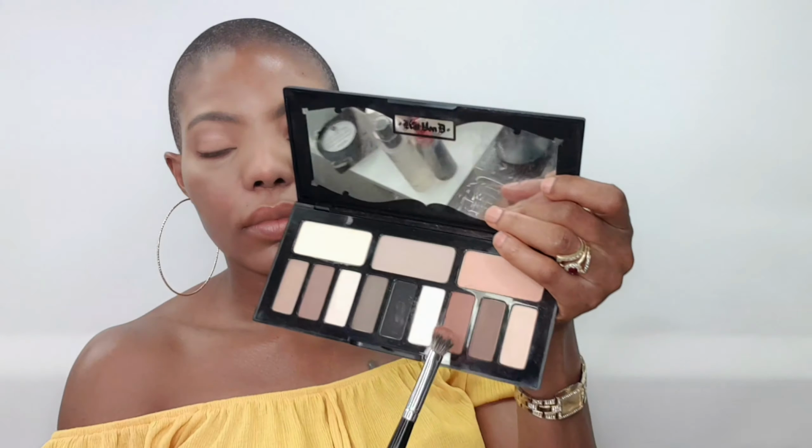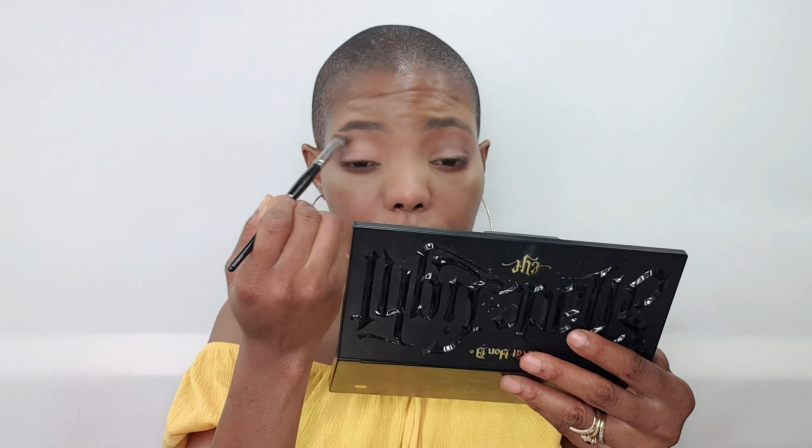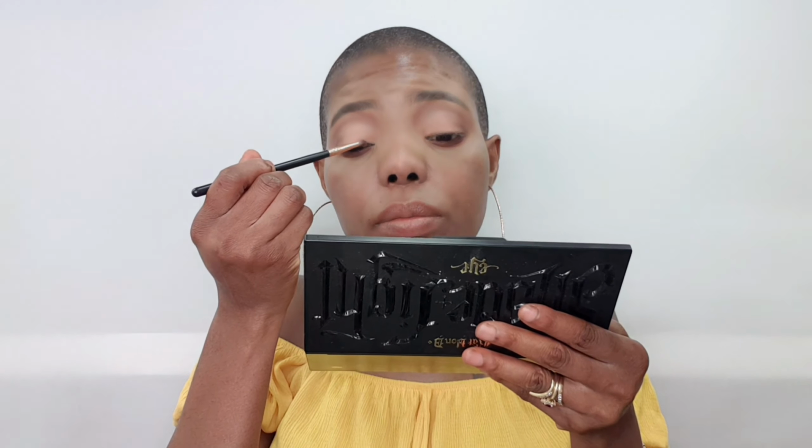Now going in with the Morphe E13 brush I used earlier to pick up that same shade right there. A little bit, tap it off because you want to blend this into the shade, you know what I mean? I like to take a pencil brush like that. You can use any one you've got. I like to pick up that shade right there, mixing it a little bit with a darker shade. 3 taps of this and 1 tap of that. Tap it off. And I'm basically using this to form